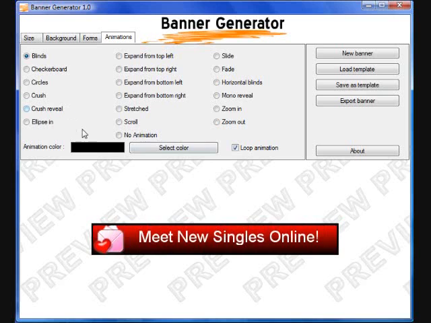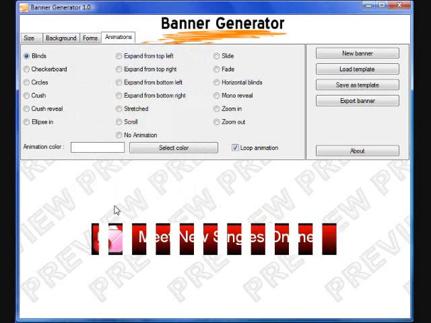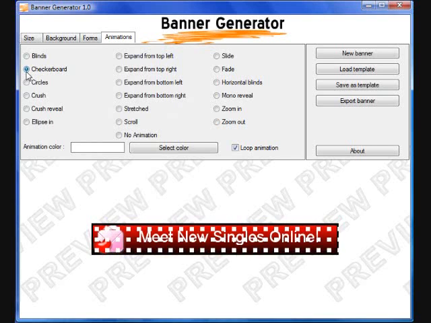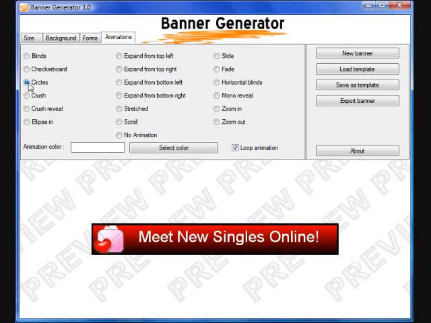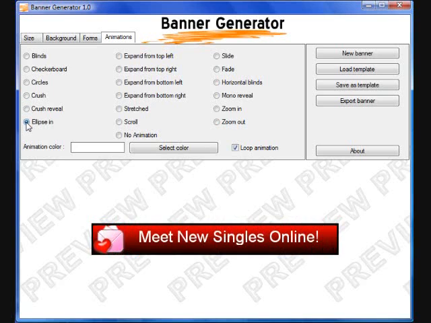Now we'll just go through these real quick. You can also change the background color here, so if you're on a white website and you want everything to blend in, you could just change it to white. Okay, and then here's the checkerboard, the circles, crush, reveal, ellipse in,